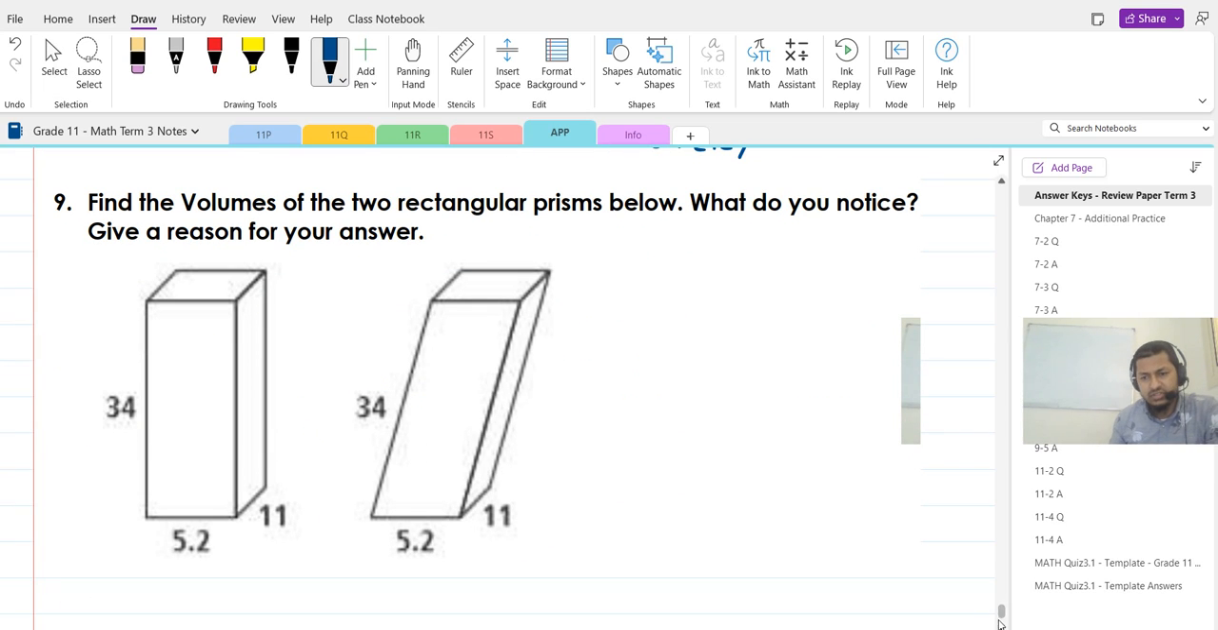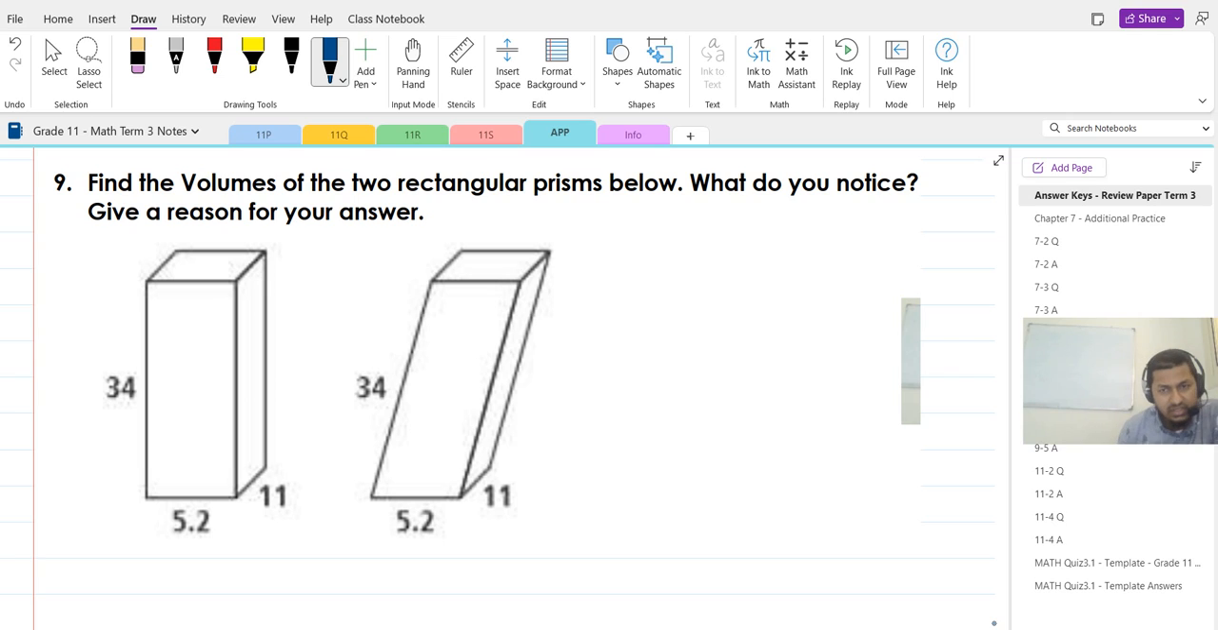What do you notice? Well, what we notice is that it doesn't have the same volume because according to Cavalieri's principle it must have the same height and the same cross-sectional area. It looks like it has the same cross-sectional area but not the same height. Why not the same height? Because when we do the volume formula,